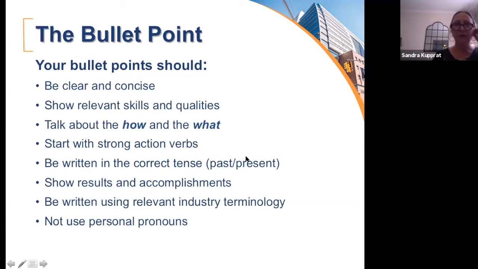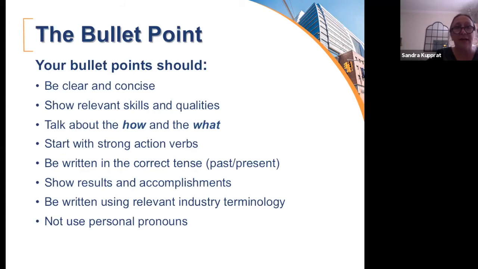So if you are currently in your job, you write it in present tense. So you will write something, you will analyze something, and you will develop something. If you did the job in the past, you have to use past tense. And so that is something that recruiters really do pay attention to. So if you were at a job in the past and you still had present tense, sometimes that's a reason why they may not call you, is that maybe you didn't have the tense proper in your bullets.